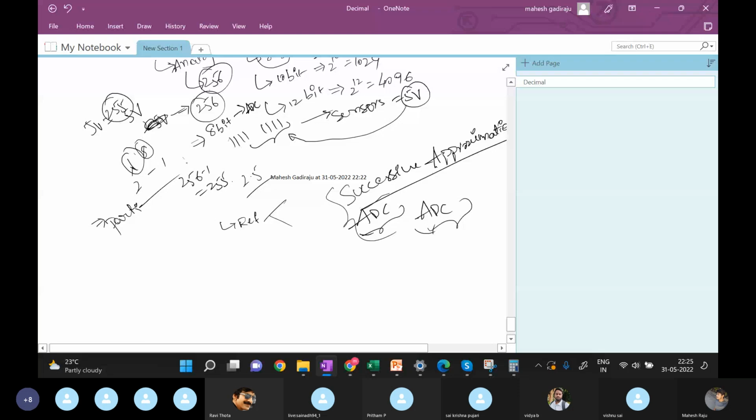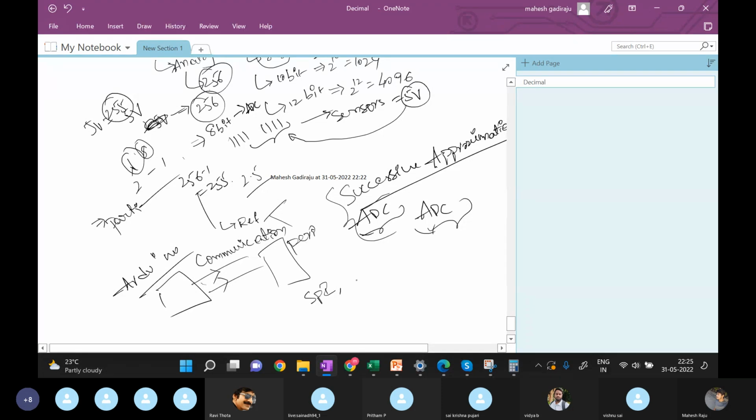If there are two devices, does anyone work on Arduino? In college, I made a project with Arduino. If you have two Arduinos and want to connect them with each other, we need some kind of communication method. Each microcontroller will have some communication peripherals. Those communication peripherals are SPI, I2C, CAN, LIN, Ethernet,